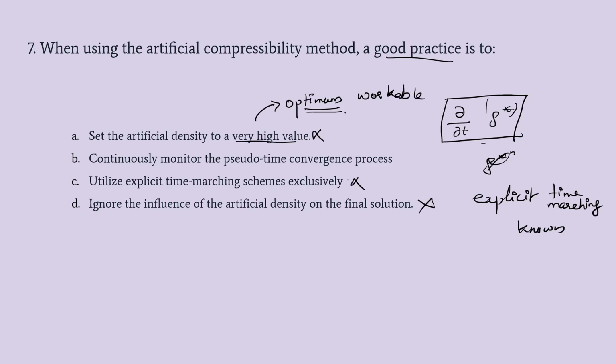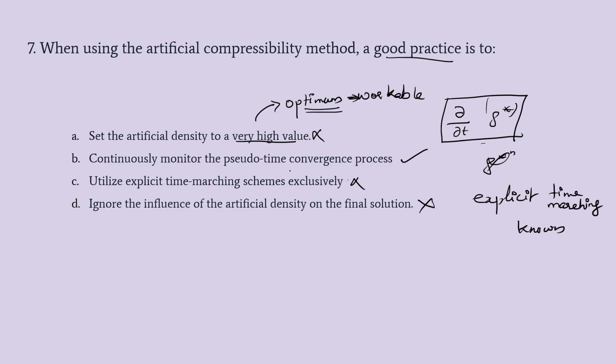CFD is all about approximation of the real condition. So we will be more interested in finding some workable values. So our answer becomes option B, pseudo time convergence process. We have to monitor the pseudo time convergence process, because we have introduced a pseudo time iteration